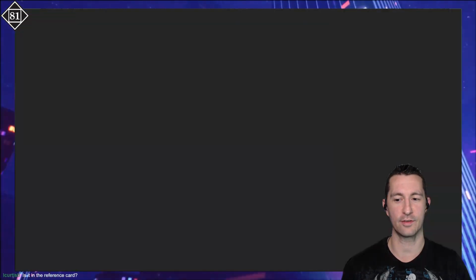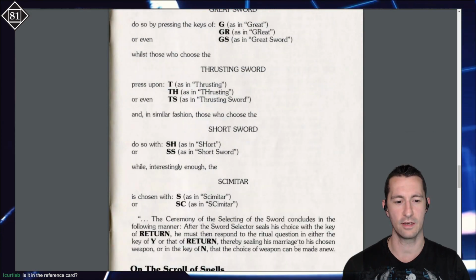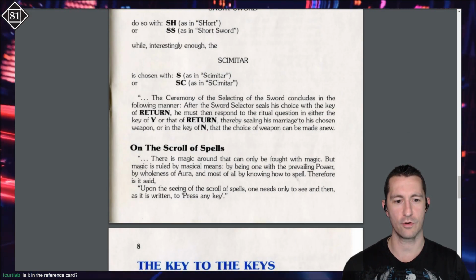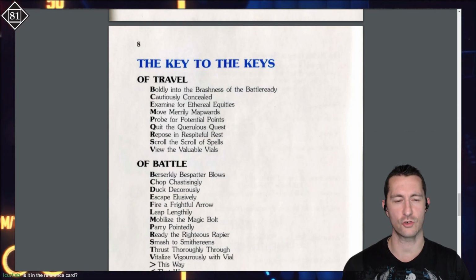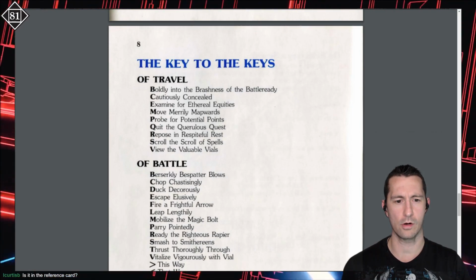What about in the scroll of contents? Because they did show at the beginning of the game what you would do next. After you do that, the ceremony, selecting scrolls, and then travel. So you can maybe